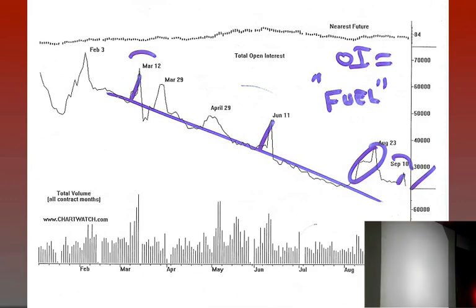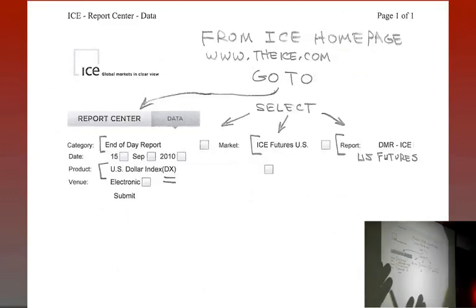So you always like to see the open interest increasing, because think about it. Futures trading is a zero-sum game. For every dollar in, there's a dollar out, and the clearinghouse is scraping a little off. But look, you've got to have a loser in there, right? And you want to know what the losers are up to, and you want to see that the losers are throwing more money at the market. And if open interest expands, you know that the losers don't understand what's going on, and they're throwing more money at it.